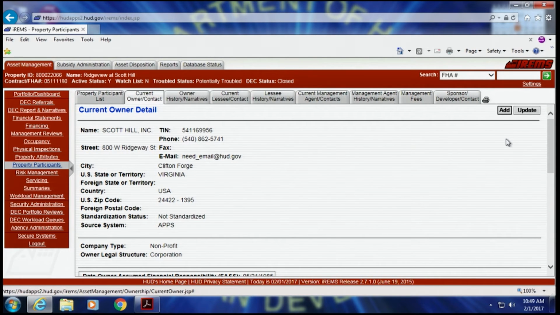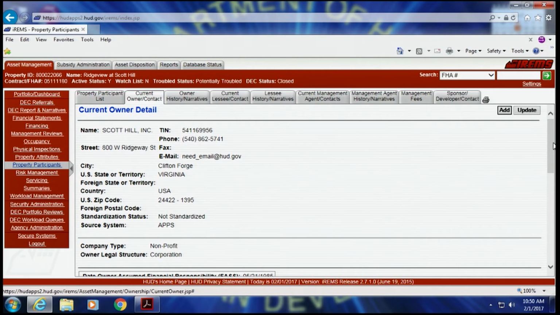As Robert had said earlier, we have different legacy systems that feed into IREMS, and on this particular one, APPS owns the ownership field, and those are extracted data and put on this particular property by the TIN number.